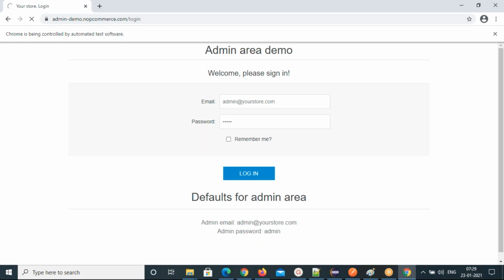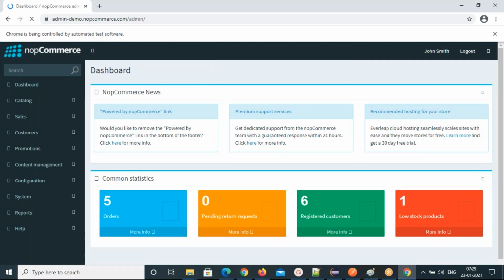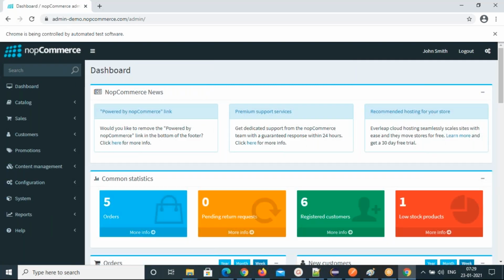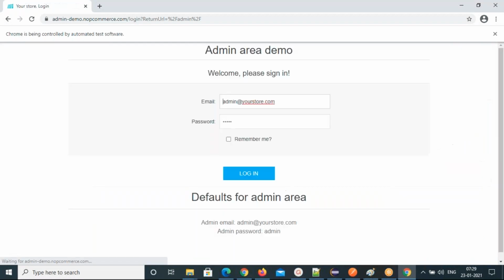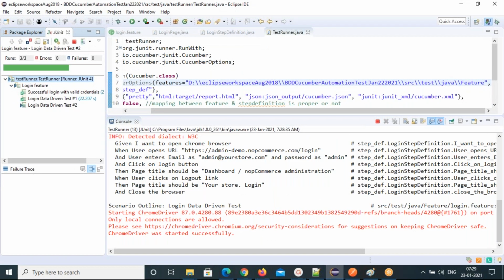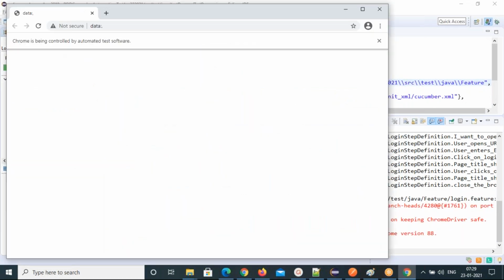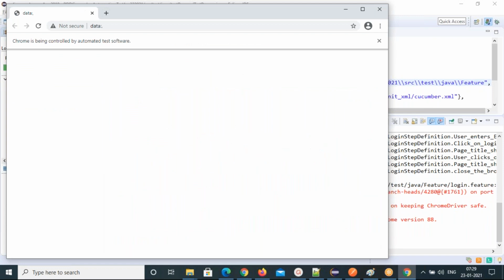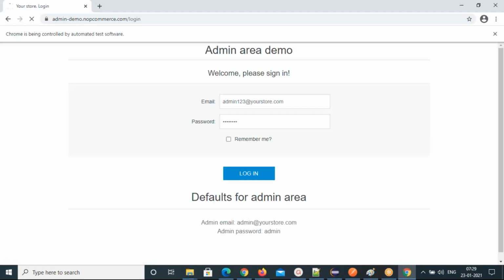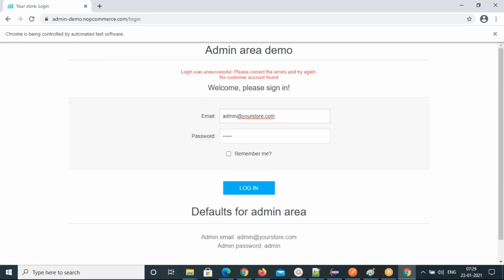First successful login, right? That's giving a valid username and password. That's the first one. And the second one: logged in, so launching the browser, invalid. That login was unsuccessful. So this is just looking for that. And we can make a failure also if you want in the test case.